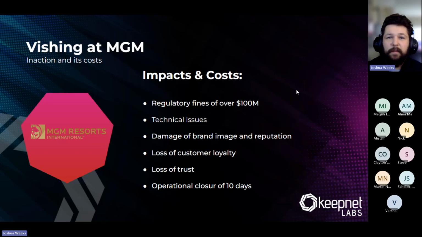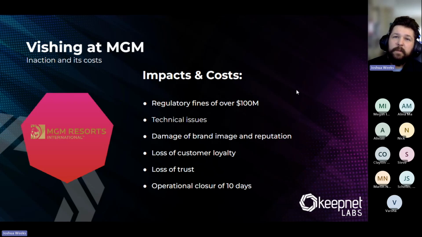Unfortunately, that victim gave up that information, and it turned into MGM being shut down for 10 days. That means no gaming, hotel rooms, no key cards, full operational shutdown for 10 days, which you can imagine, for a casino in Las Vegas, was a massive revenue loss.